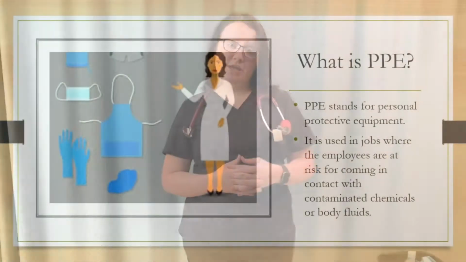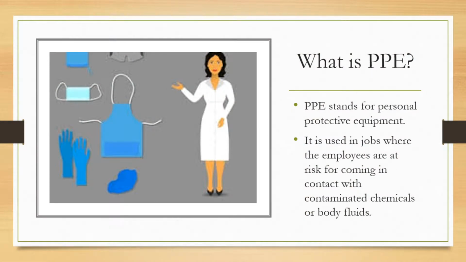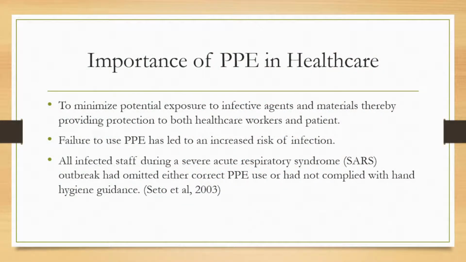The topic of the presentation is the importance of PPE safety. PPE is the abbreviated term for personal protective equipment. PPE is used when there is a risk for contact with contaminated chemicals or body fluids. PPE is extremely important because it minimizes potential exposure to infective agents and materials, thereby providing protection to both healthcare